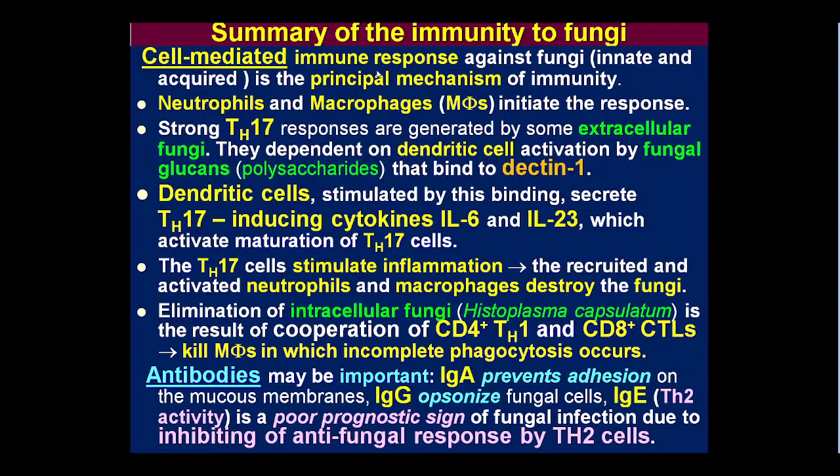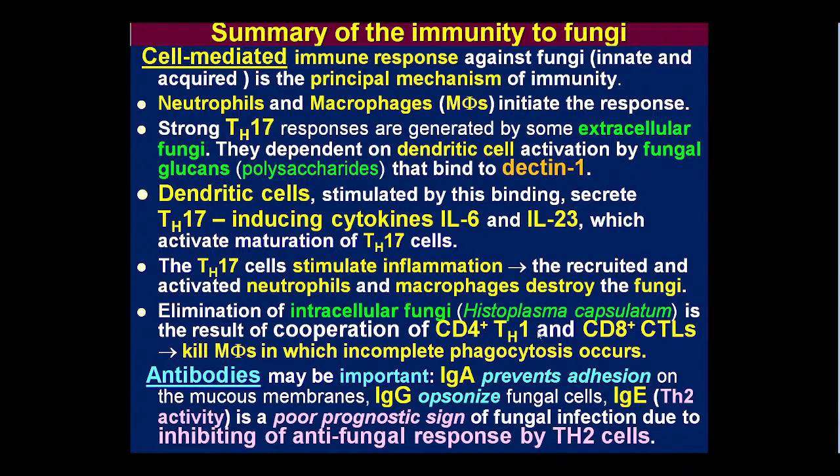Summary of immunity to fungi. Cell-mediated immune responses against fungi, innate and acquired, are the principal mechanism of immunity. Neutrophils and macrophages initiate the response, including formation of the neutrophil nets. Strong T helper 17 responses are generated by some extracellular fungi. They depend on dendritic cell activation by fungal glucans that bind to the dectin-1 receptor. It means T helper 17 immune response has many possibilities to eliminate both extracellular and intracellular fungi, and one of these mechanisms of elimination is stimulation of the attraction of neutrophils to the area of the infection in the infected human body,